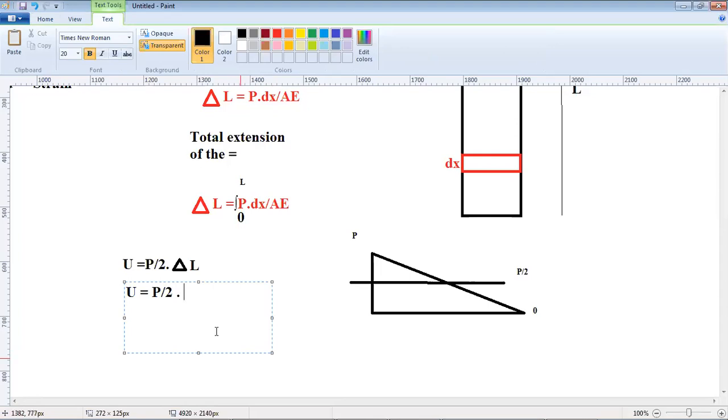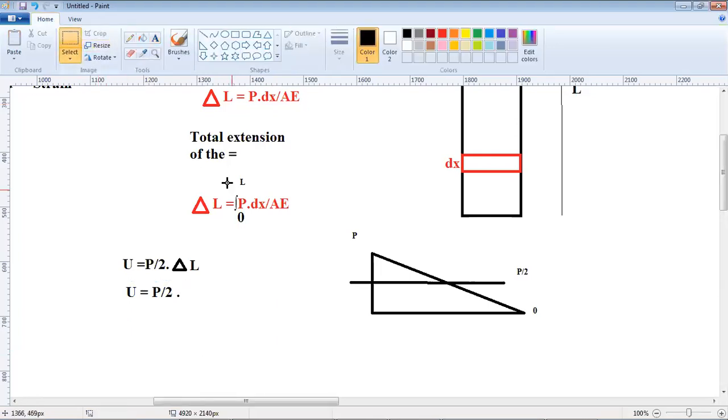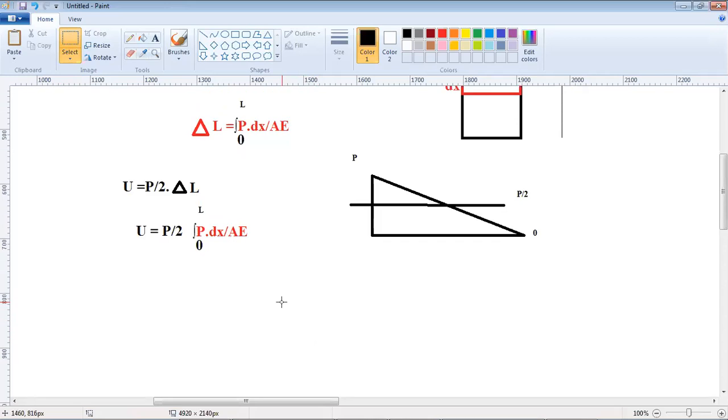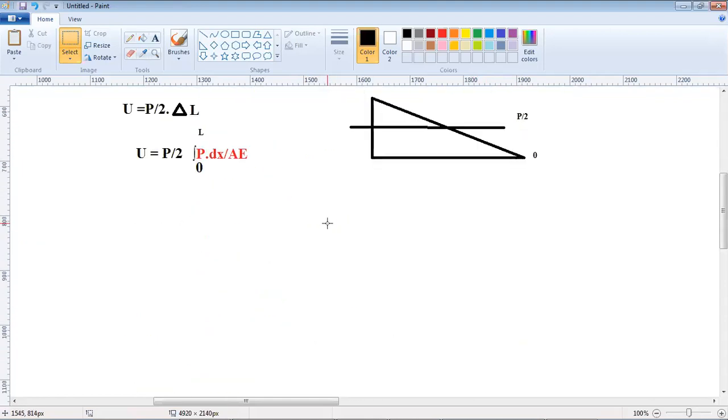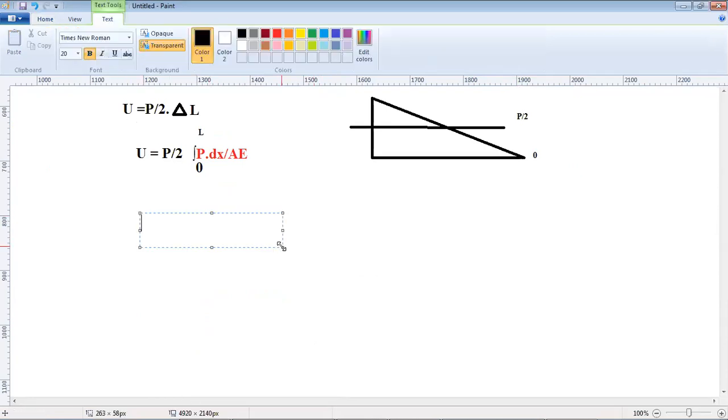What's delta L? If we take from this relationship, delta L is this. This is the value of delta L. So this is what you are actually getting: U is equal to this. Thereby, if the area of the cross section, A, is uniform, what we finally get, if we integrate it, is U is equal to